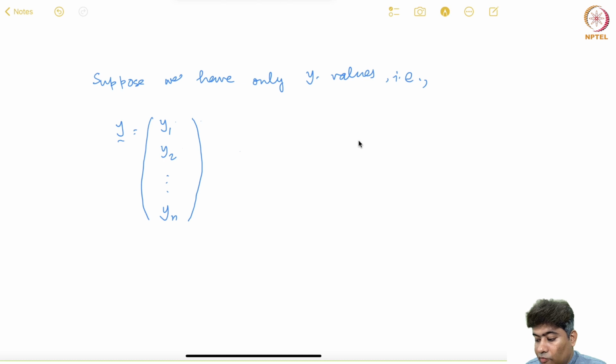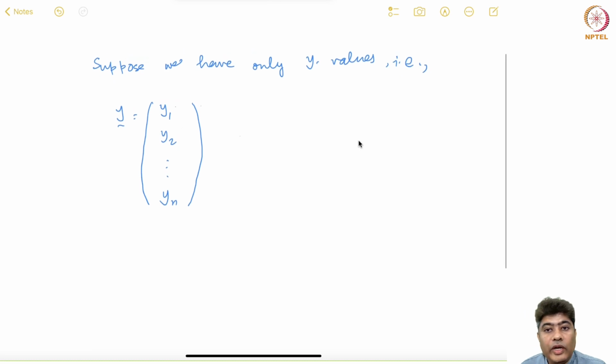And if we want to understand how the distribution of y behaves, so probably what we will do, we will try to figure out the